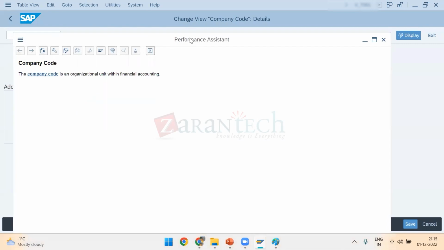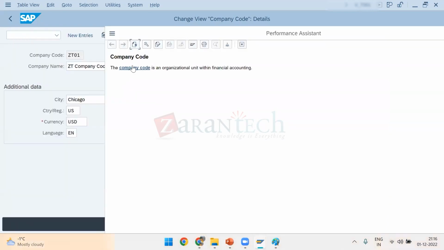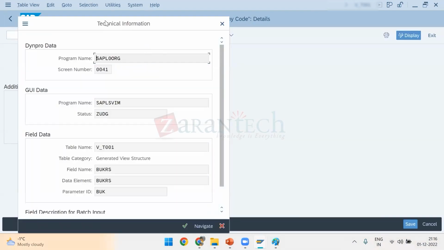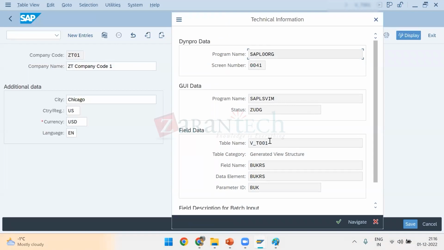It will show this performance assistance, and then something called technical information. Click on this technical information, and now the system is showing this table name T001. So for this company code configuration, the backend table is T001, and the field name is BUKRS, because I have